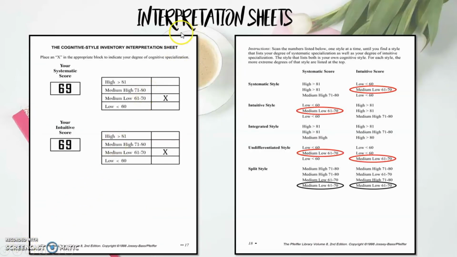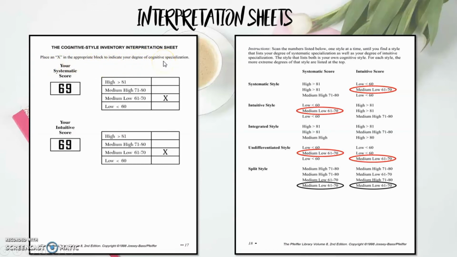The last sheets we call the interpretation sheets. In the interpretation sheets there are 2 sheets, the first one at the left and the second one at the right. There is an instruction at the top of the sheets, and the respondent needs to read it first before answering. For the interpretation sheets, the respondent needs to place an X in the appropriate block